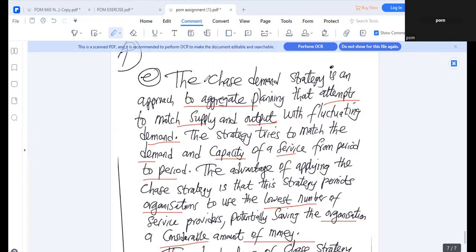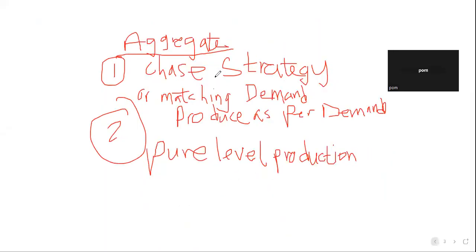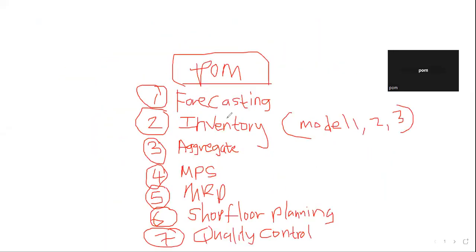So you just need to go through and understand, and especially that we need to know that this one came on aggregate planning, and these are the topics that are covered in form. So we need to take time to go slowly through each of these topics so that we can go into detail as we look at the inventory, aggregate, master production schedule, and all these other topics coming down. So this is where this class ends tonight, unless there are questions so far.